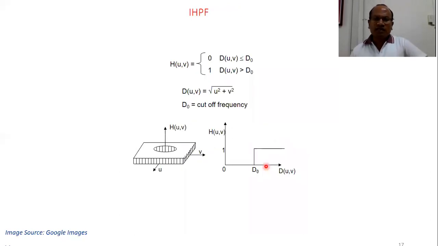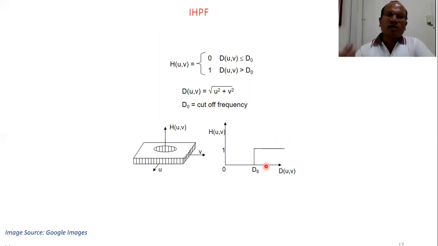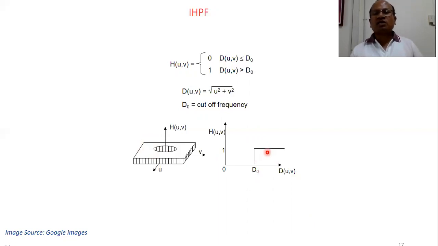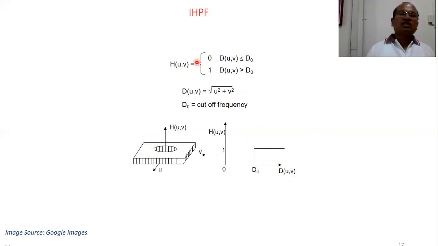They appear in the output, and other content which is low frequency content gets attenuated. This is the filter transfer function of ideal high pass. Look at here. It is exactly the reverse of what we have discussed in the ideal low pass filter. You see here, this is the area where it is rejected, and this is the area where it is passed. If you see the transfer function, D0 is the cutoff distance. If you look at the signal after D0, everything is passed, and below D0, the signal is rejected. It means this is the perfect case of ideal high pass filter, and this is the response.